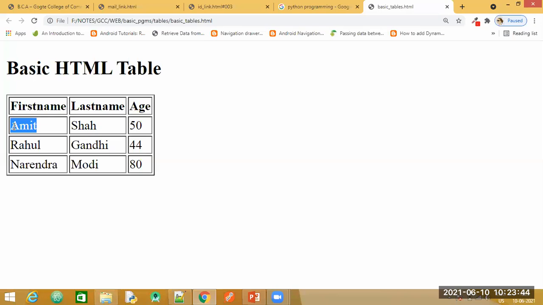So three things when we create a table. First of all, we need to have a heading for it. Even if you skip the heading, you can directly begin from the TR tag to create the row and TD tag to give content inside that row. And for the borders, you can specify definite numeric values like 1, 2, 3 and so on, or you can give the property as border, where the value also is border and the property name also is border. So let us try to create this same kind of structure now.